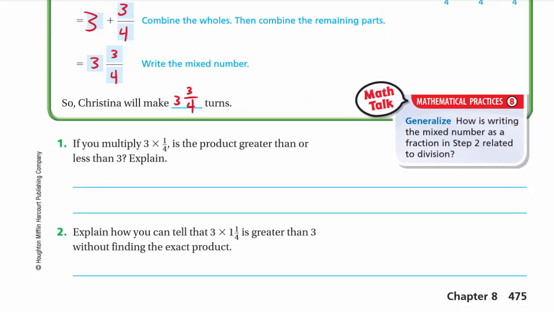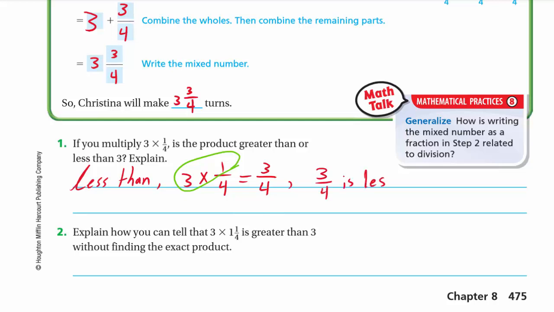Okay, now if you multiply 3 by 1/4, is the product greater than or less than 3/4? Explain. Okay, so if you multiply 3 by 1/4, the product will be less than. Why? 3 multiply 1/4 equals, we multiply the 1 by 3, which is 3 over 4. So 3/4. And 3/4 is less than